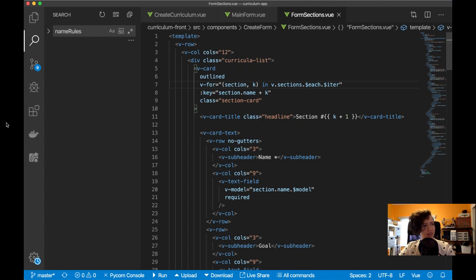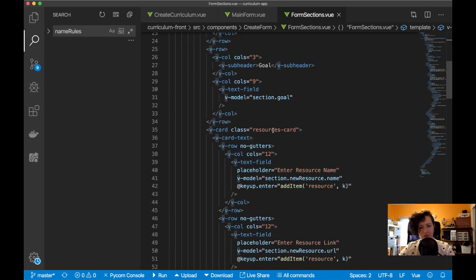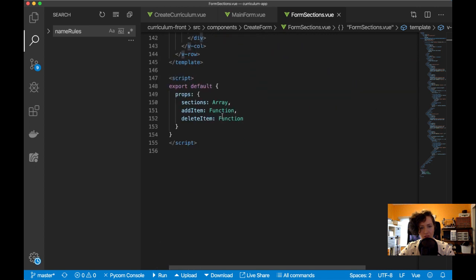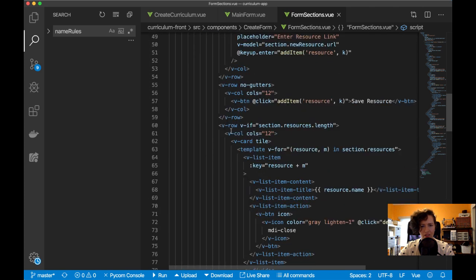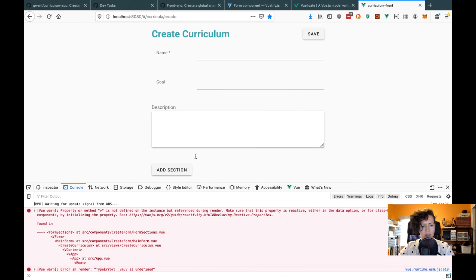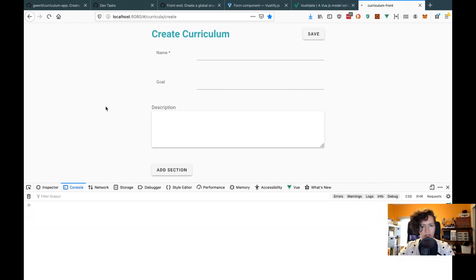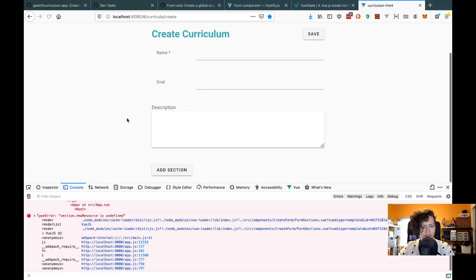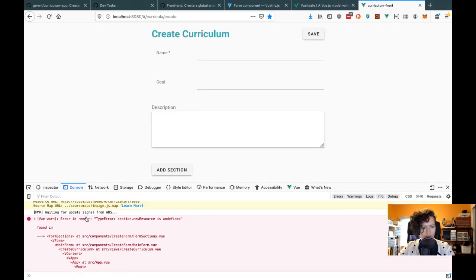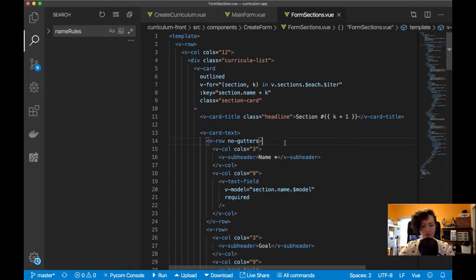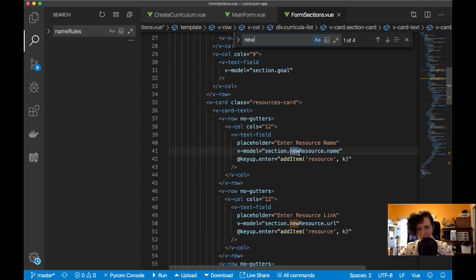So I'm not actually sure why this isn't working. So, oh wait, I need to reference this, make it available for the component. So let's add it here and say it's an object, I guess. That would be almost impossible to shape because it's variable, I think. Or no, I guess because I know the fields going in, so I could. Let's see. Section.new resource is undefined. So that's good that it's working now, but here